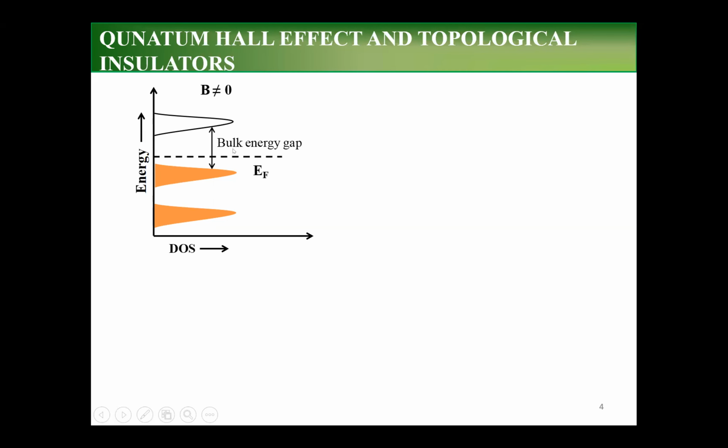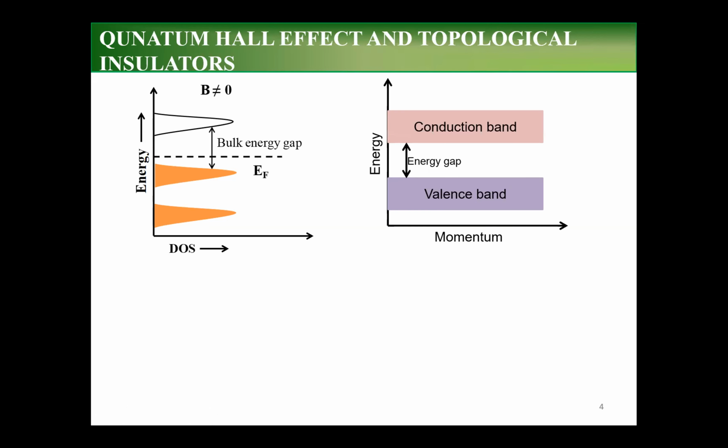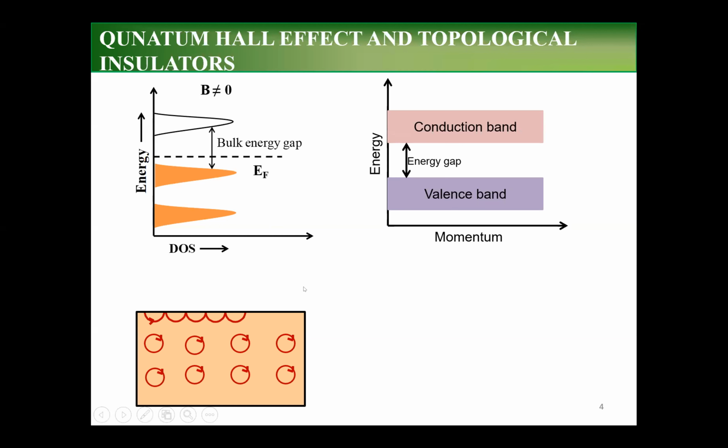So we can relate it to an insulator, where we have a conduction and valence band separated by an energy gap. But what happens to the two-dimensional state is that, due to the presence of the strong magnetic field, the electron will experience a Lorentz force and form a cyclotron orbit, whereas at the edges the electron tries to form the cyclotron orbit but bounces off due to the boundaries and